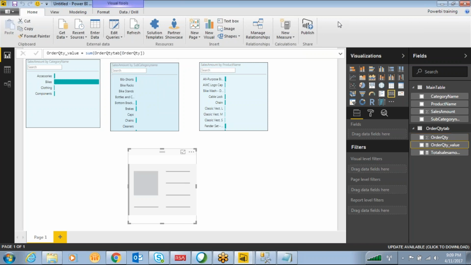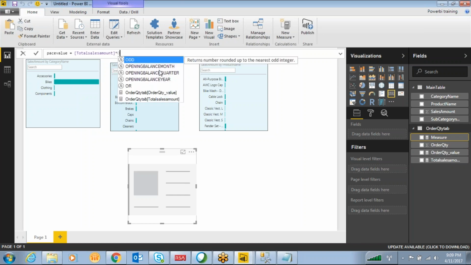Now you have two measures. One measure is for order quantity, another measure is for total sales amount. By using these two, you can create a new measure, that is the base value. Click new measure, base value. For this base value we are going to use total sales amount multiplied by, now the order quantity measure will come, order QTY value.